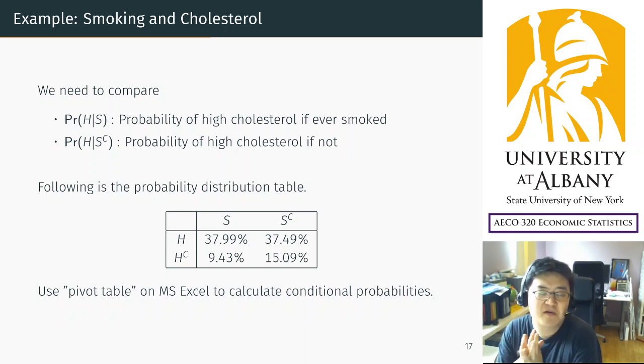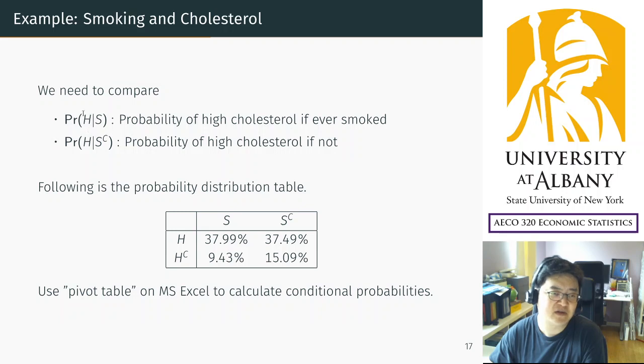We would like to compare the probability of high cholesterol between smokers and never smokers. So what we change is the condition. The condition is whether the person smoked or not. So our main event of interest is high cholesterol, but under the condition that the person ever smoked or never smoked. So this is what we compare, right? It makes sense